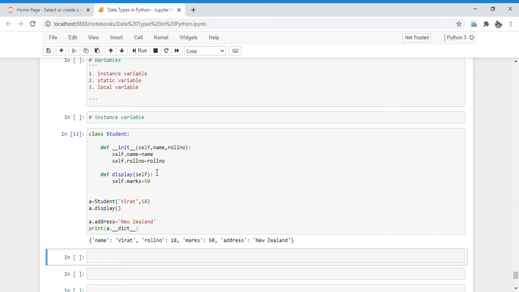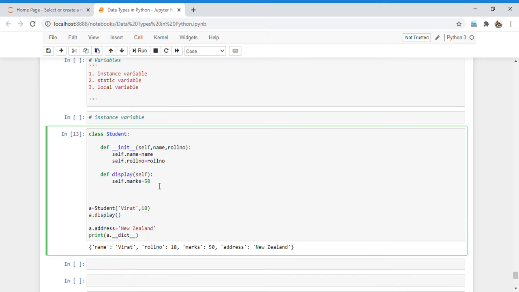And if we want to access the instance variable, within the class we can access it by using the self reference variable. Suppose I print "my name is", and to access an instance variable I use self.name.